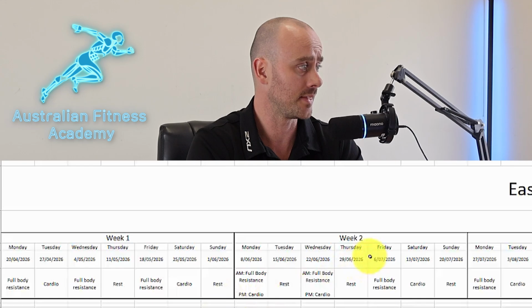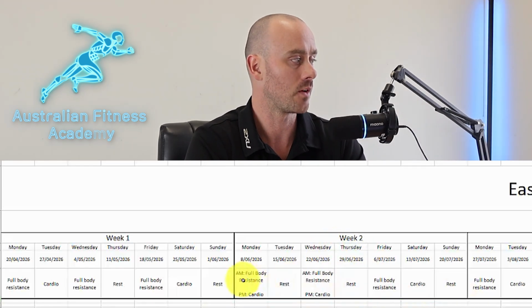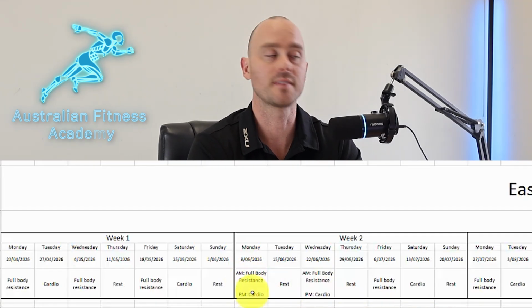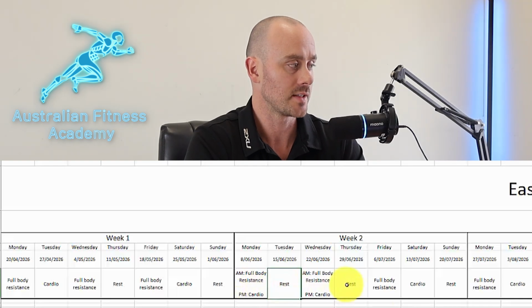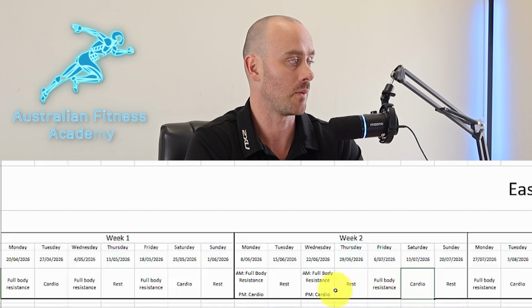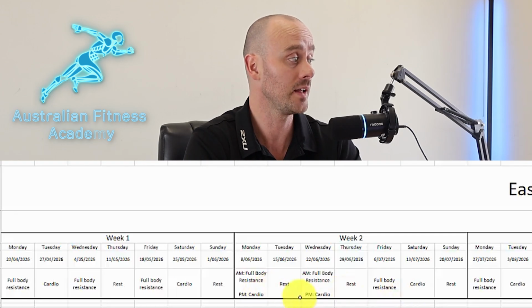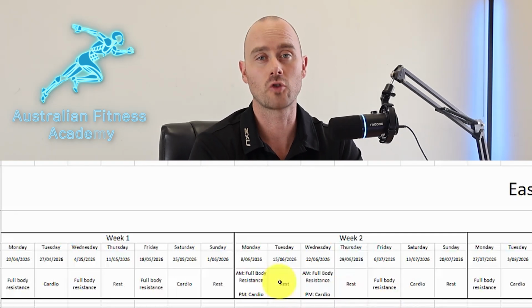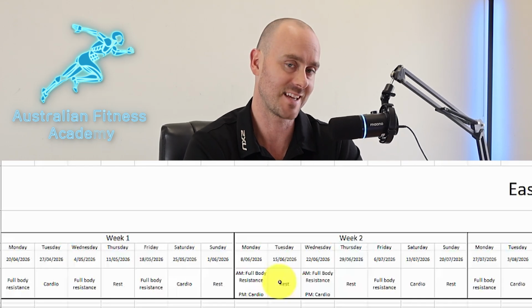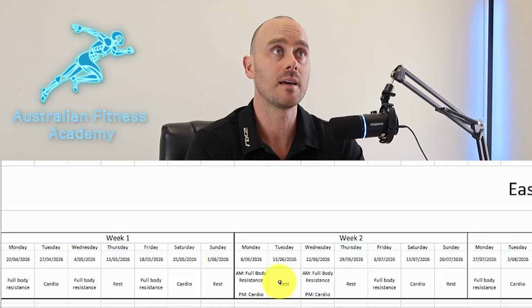So in this week 2, it's just a place to put an example. We've got full body in the morning and cardio in the afternoon. So we've put our training on the same day. We've got an extra rest day within this week, and we've also got a split full body and cardio, but we've put our resistance and cardio on the same day for this example. This allows us to get 3 cardio sessions in per week. But then we've got 2 training sessions within the same day, with the resistance training in the morning, cardiovascular training in the afternoon, which is something you're going to have to consider